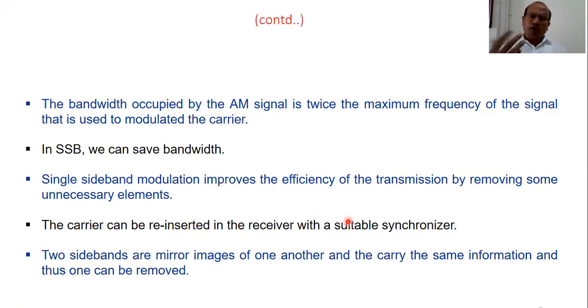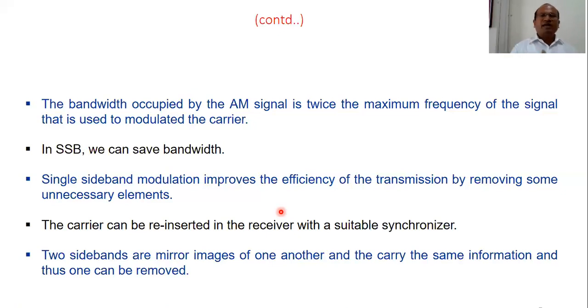So there is one more problem associated with this theory. When we are generating the carrier signal, what is important is we need the exact carrier. And if we do not get the exact carrier, there will be a problem of synchronization. And when there is a problem of synchronization, it will cause drift in the frequency of the signal being received, being detected, being recovered. So therefore, we need to have synchronization also. We need to have a synchronizer circuit at the receiver.